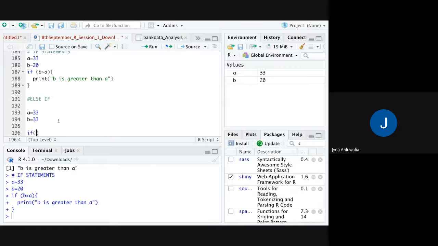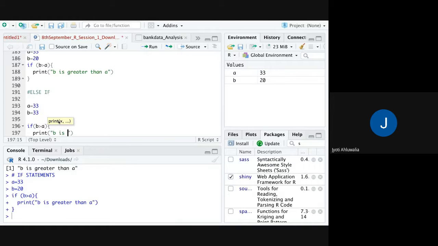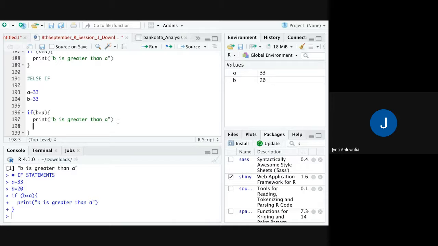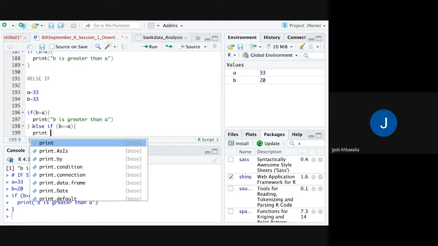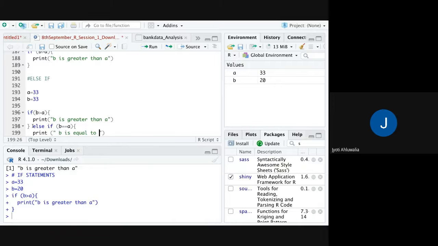If, in brackets, B is greater than A, we start with curly brackets and print B is greater than A. This curly bracket closes, and I say else if B is equal to A, then curly brackets open and I say print B is equal to A. The curly brackets are closed.